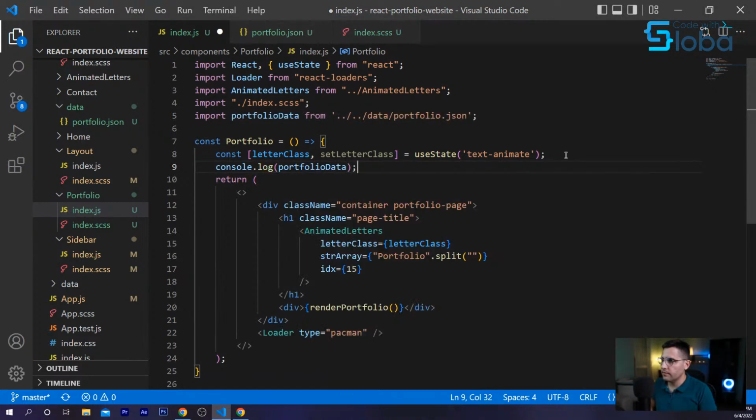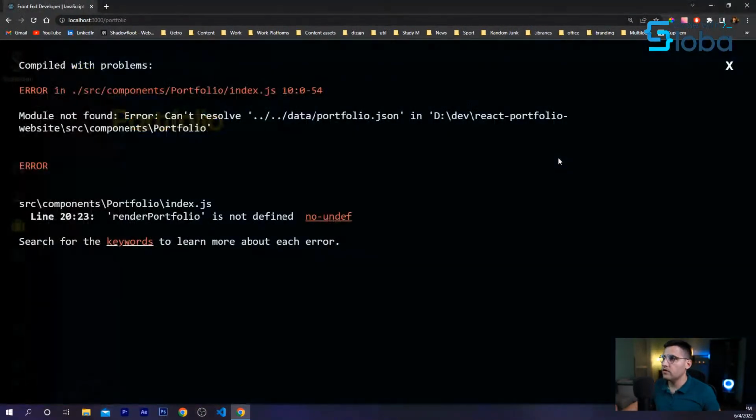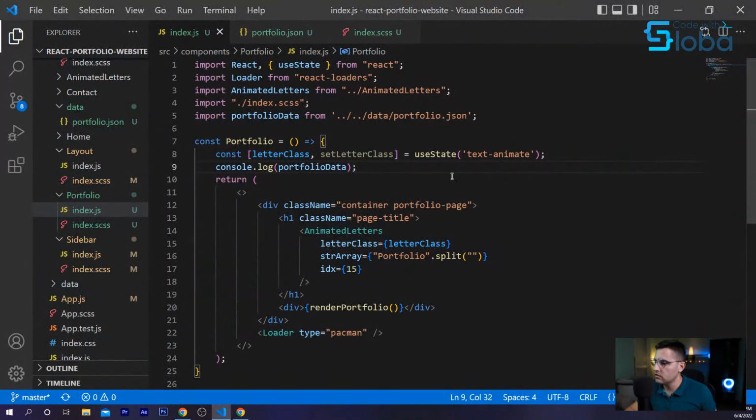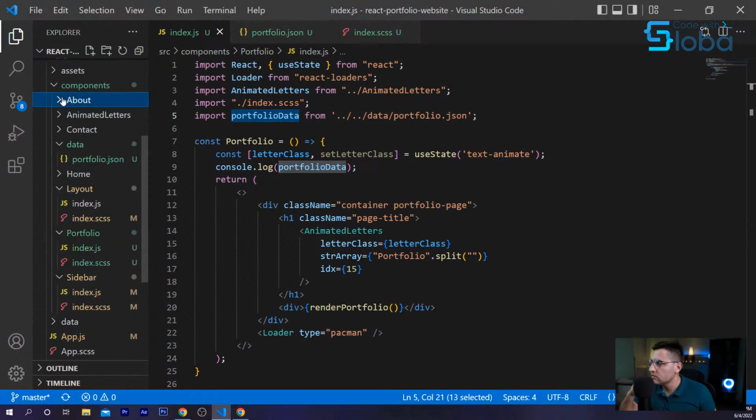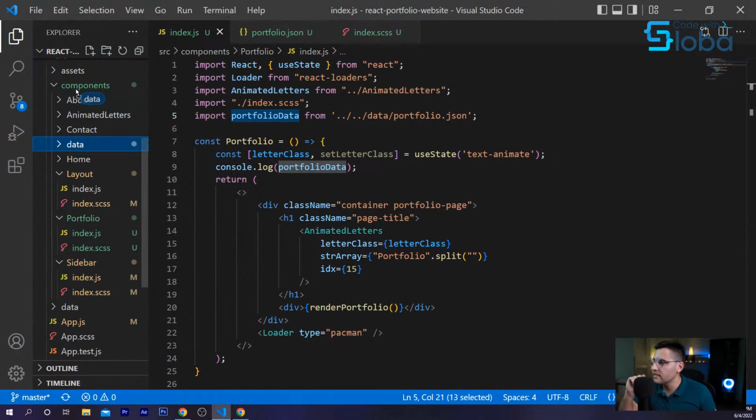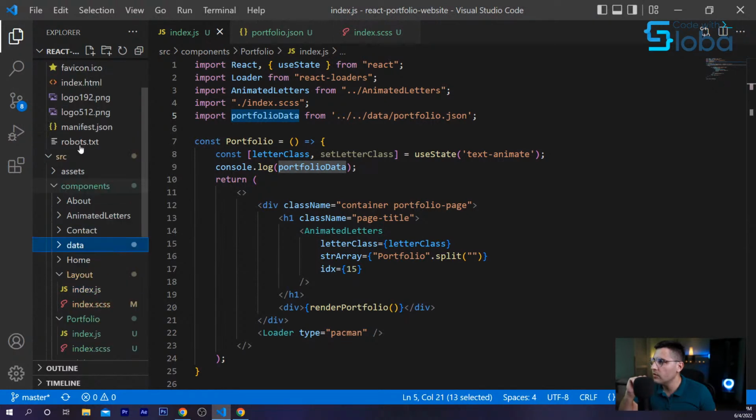Let me just log that out to see if we are getting that correctly. Console.log. Okay. Now, we cannot resolve portfolio. Let me see. Probably I have an error in the naming. Actually, it looks like I have created the data folder inside of the components folder, not inside of the source, which I wanted to create.